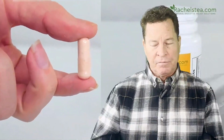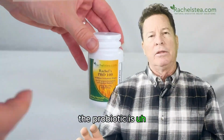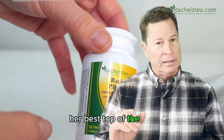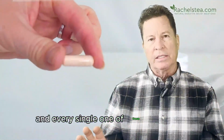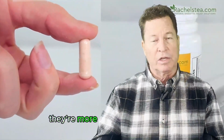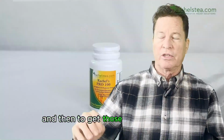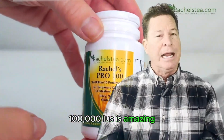So at Rachel's Tea, the probiotic is, there are 10 different strains in the Pro 100, her best, top of the line, high count probiotic. And every single one of those strains is acid resistant. They're hard to find, they're more expensive to culture and put a product together, and then to get those 10 strains up to 100,000 IUs is amazing. And they survive the